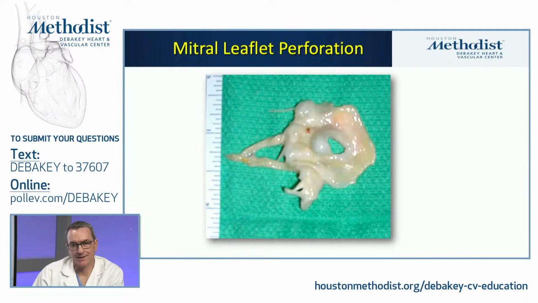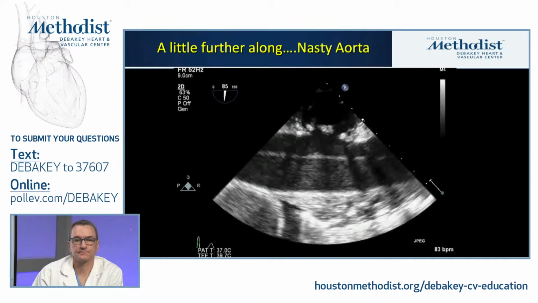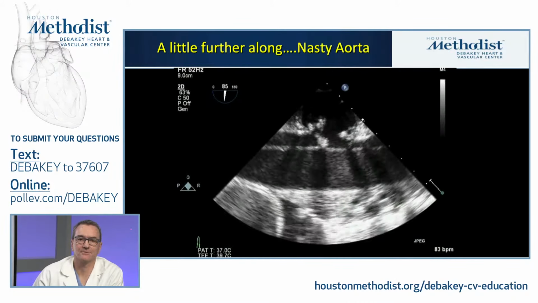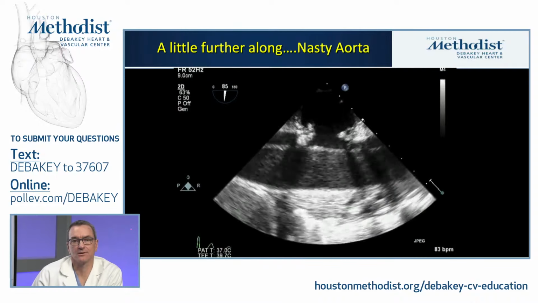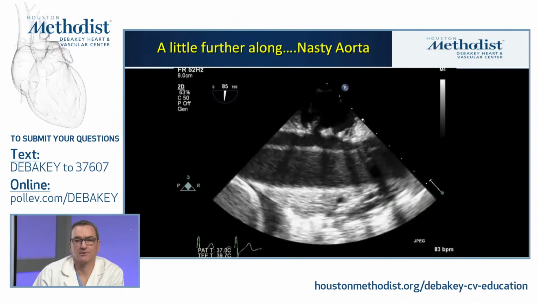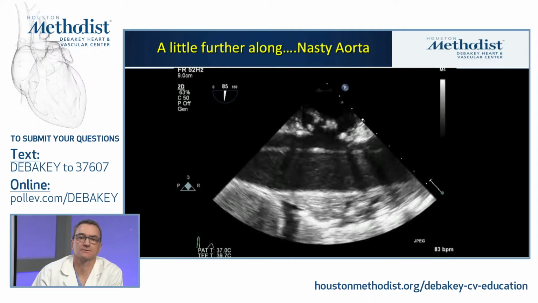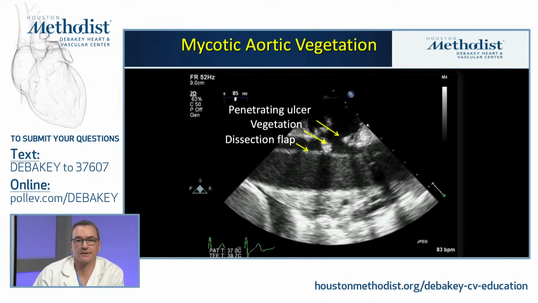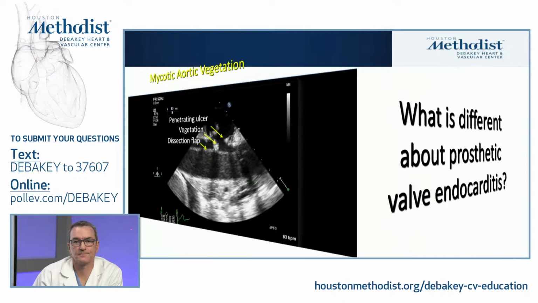And this is what an anterior leaflet, when it's excised, looks like, with a large central perforation. And this is that same patient, a fairly dramatic view from TEE of the descending thoracic aorta with several pathologies all at once as end stage complications of endocarditis. This is a dissection flap, a vegetation, and a penetrating ulcer. So this patient had a very, very poor prognosis.